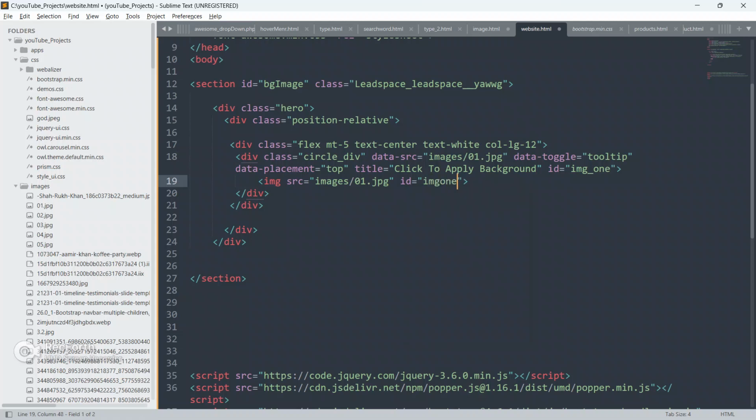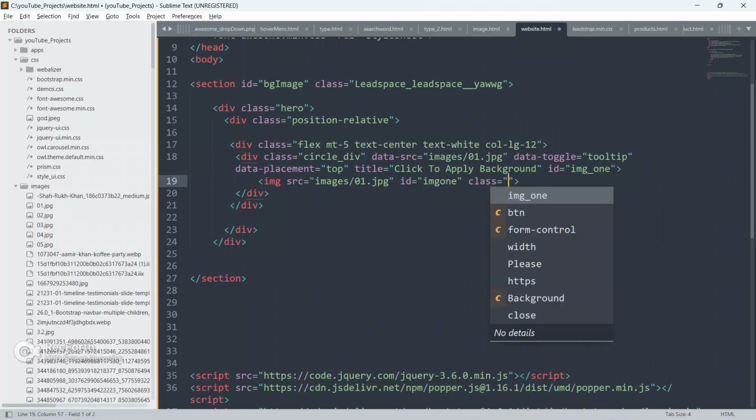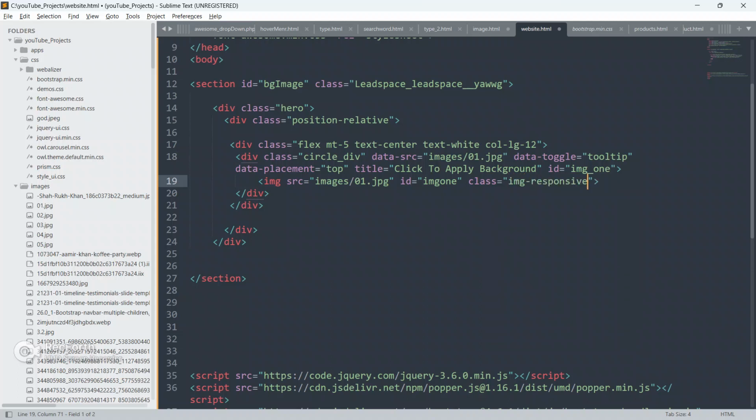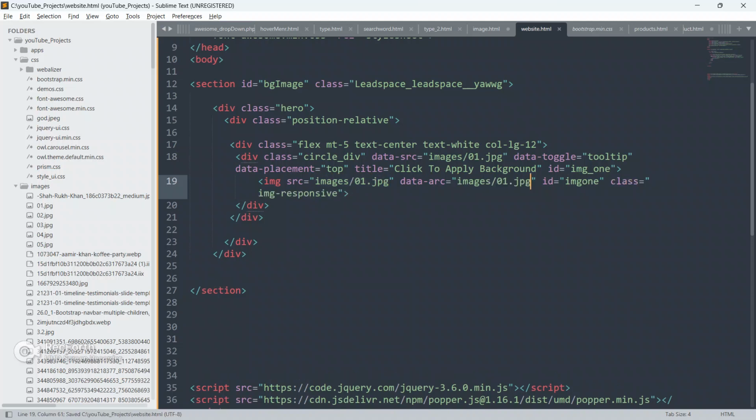Give this id as img1, give the class as img-responsive, and give data-src as this image only.